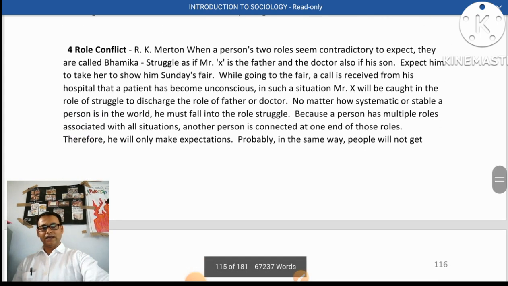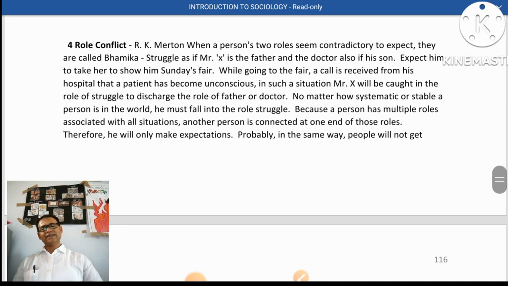Role conflict. R.K. Merton said, when a person's two roles at the same time contradict each other in expectation, it is called role conflict. X is a father and a doctor also. His son expects him to take him to Sunday's fair. While going to the fair, a call is received from his hospital that a patient has become unconscious. In such a situation, Mr. X will be caught in role conflict, a struggle to discharge the role